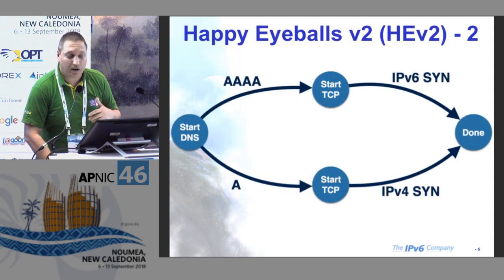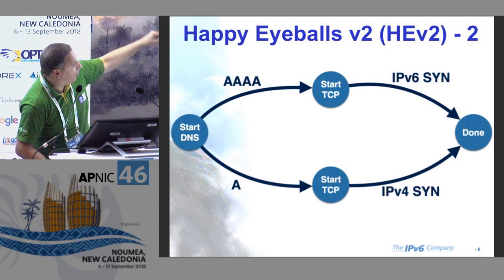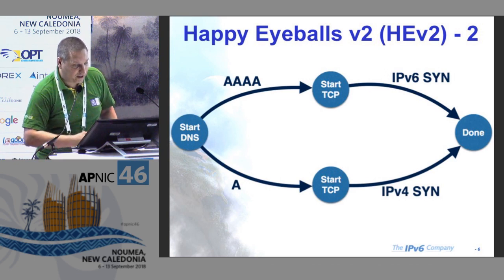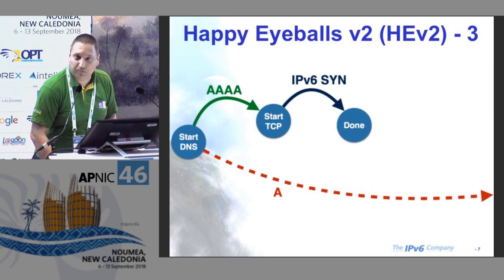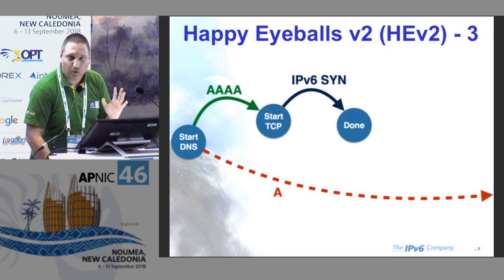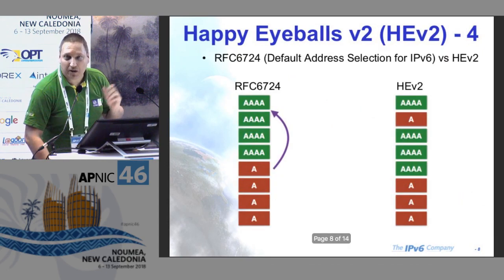Instead of synchronously, we start both the quad A record query and the A record query, but whichever comes before keeps going, okay? So we changed the mechanism to not wait for both, to see which one comes earlier, and we are done. So we are saving a lot of time. Basically, what this mechanism is doing is